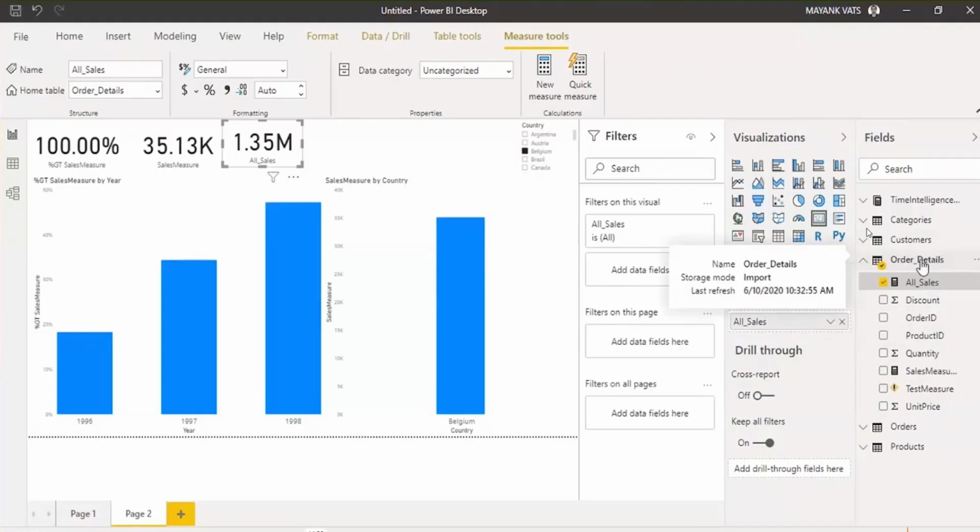Got my point? So you see the data is not changing while you apply the filter, but actually, when you are applying the filter, data is filtering in order details, not in the temp copy of order details. You will never know what the temporary table name is, or where it is. It's Power BI's internal functionality. So this is how it works. When you use the ALL function, it quickly creates a duplicate table of this, and the entire calculation is coming from that temporary table. So that's why this ALL function,